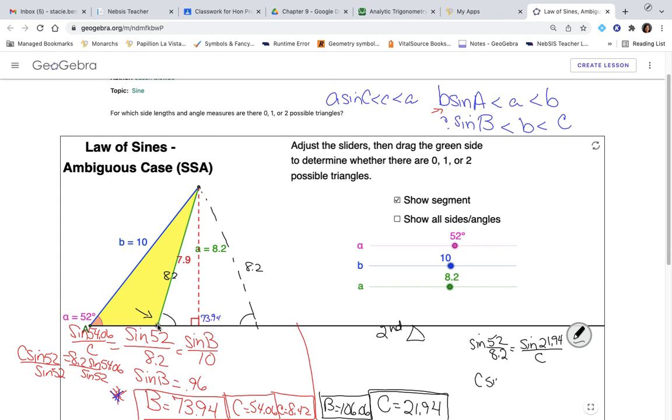C times the sine of 52 is 8.2 times the sine of 21.94, dividing by the sine of 52, we're going to get 8.2 times the sine of 21.94, close parentheses, divided by sine 52, and we get 3.88. So our new side C is 3.88. And we found our two triangles. Not too bad, right? All right, let's see how we did. So if we show those angles,